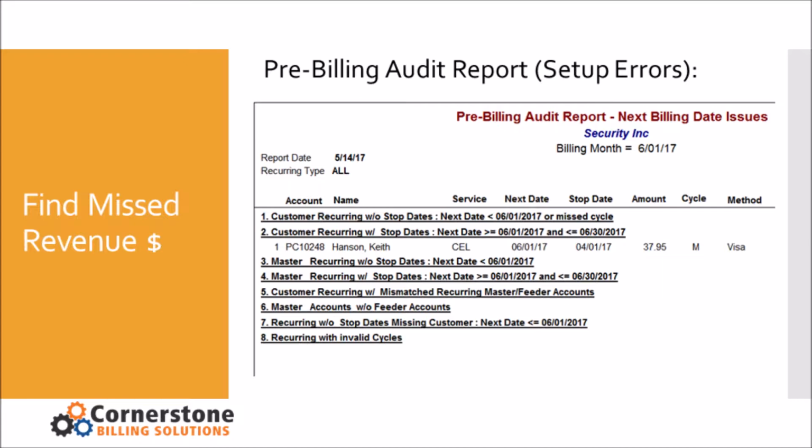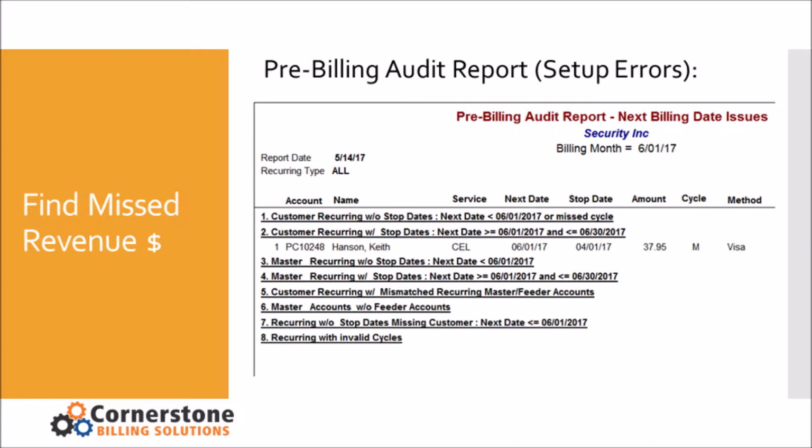Moving on beyond integrations, one of the key things we think good software should be giving you is audits, the ability to audit your processes. For example, in this case, our software has what's called a pre-billing audit report, and that allows either you or us to identify possible setup mistakes, setup errors. So if you look at this screen, this is just a summary of a much more detailed report, but it shows you 1 through 8. It shows you 8 possible setup errors that can lead to billing mistakes, or it can just lead to missed